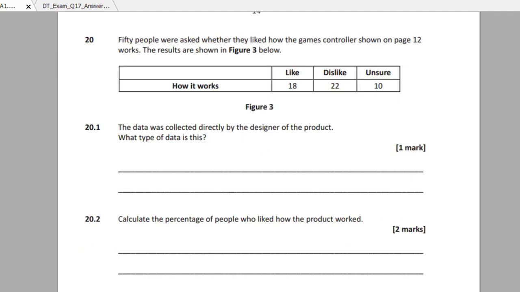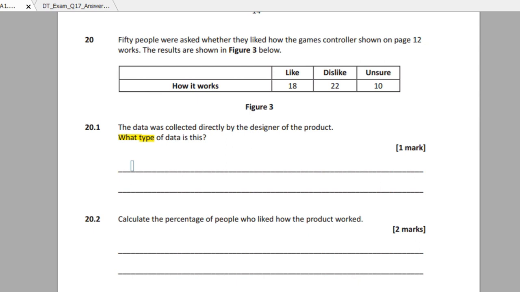So look carefully at what it says. It says the data was collected directly by the designer of the product. What type of data is this? So it's asking you, so you need to explain, and then it asks you to put down what type of data this is. So the type of data it is